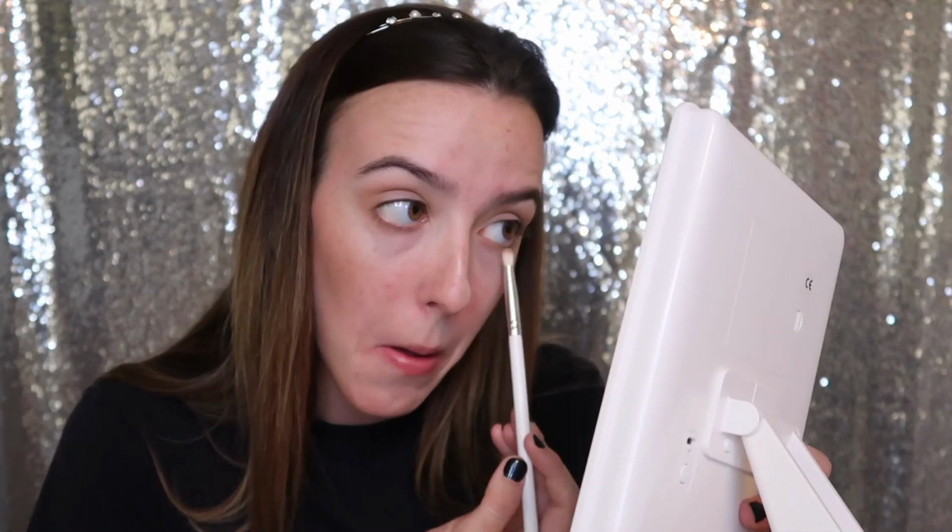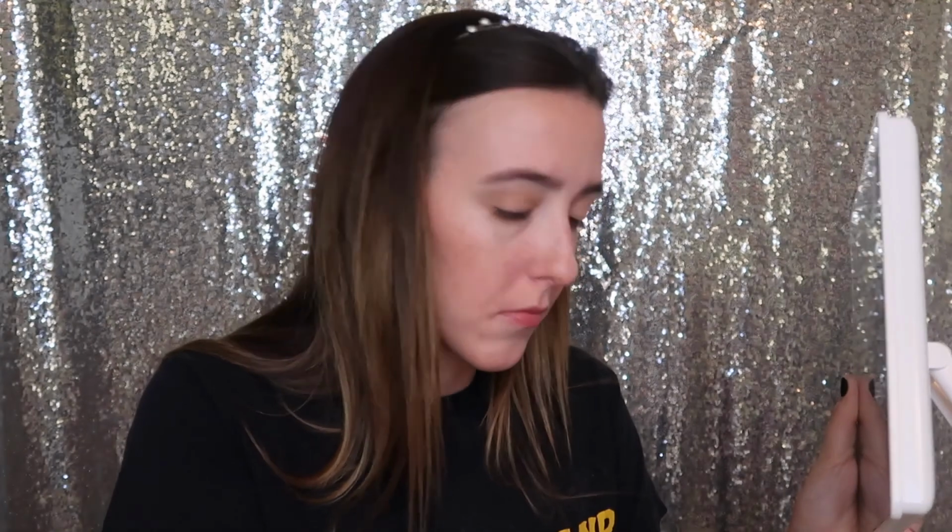So there we go. As you can see, it's nothing too extreme. I think I need to add just a little bit more to this eye. There we go. So there is what the eyes are looking like so far. Now I'm debating on if I want to go in with a light shade. Let me see. Honestly, I feel like I could truthfully just leave the eyes here for like a more fresh